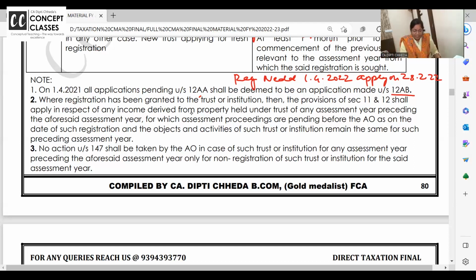Now, where registration has been granted to a trust, this point is very, very important for the next class also, that is exit tax. So pay attention.